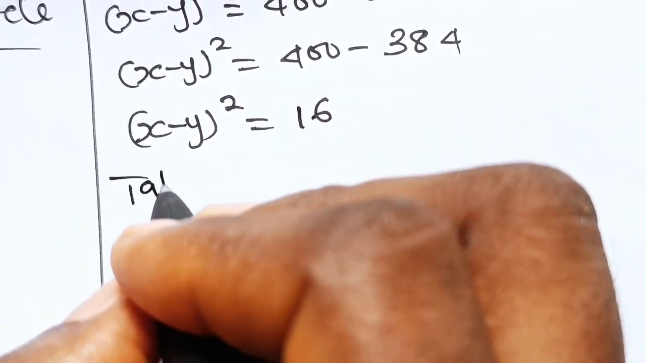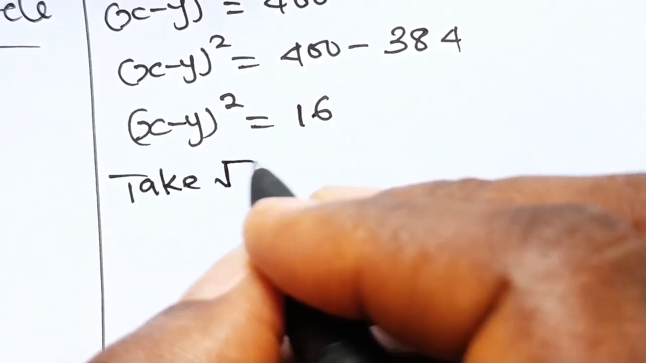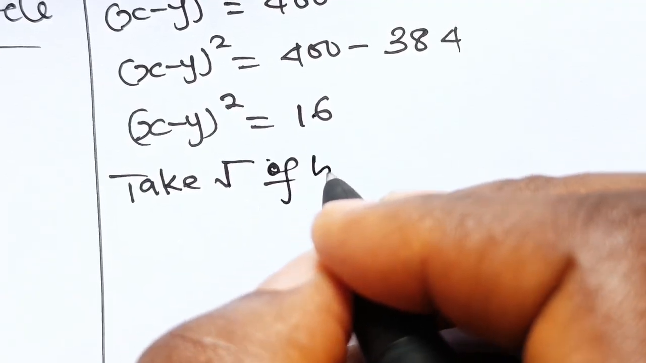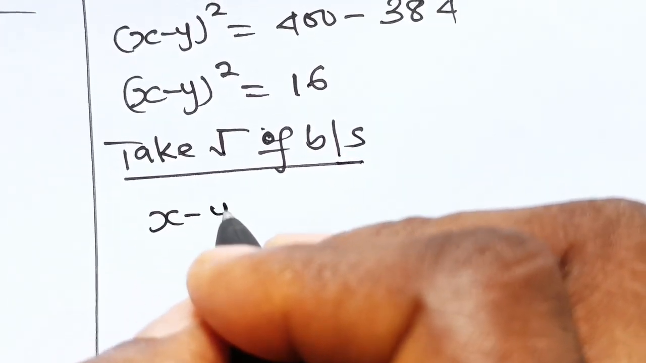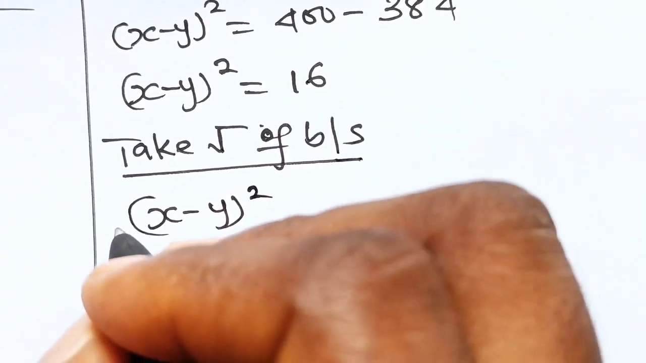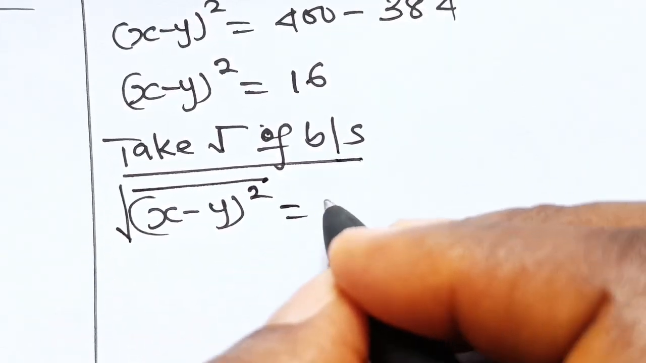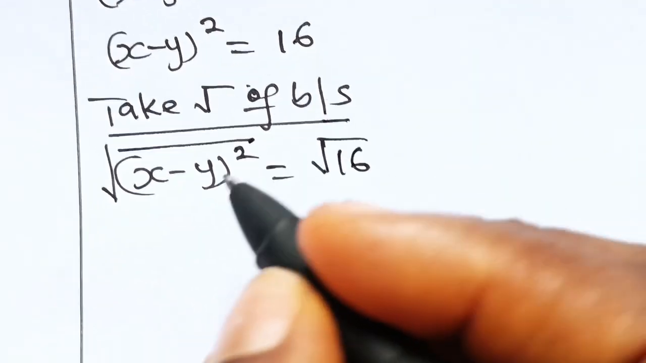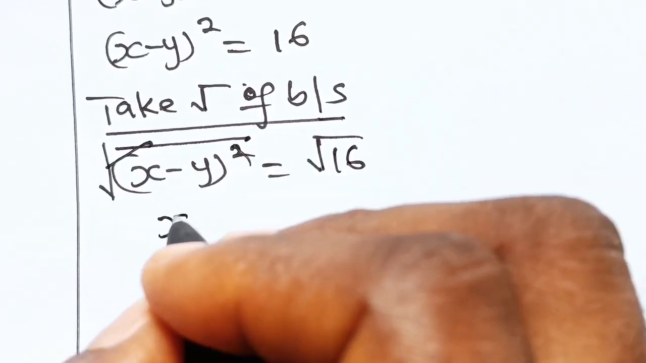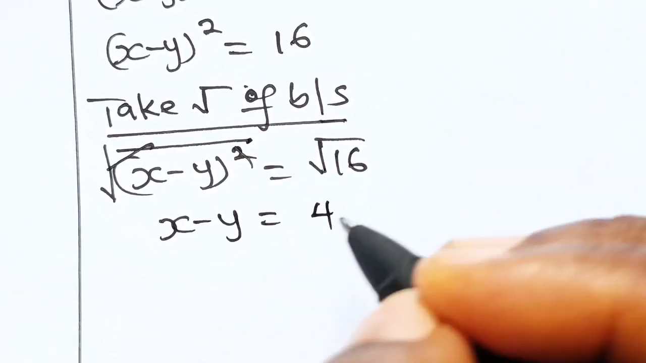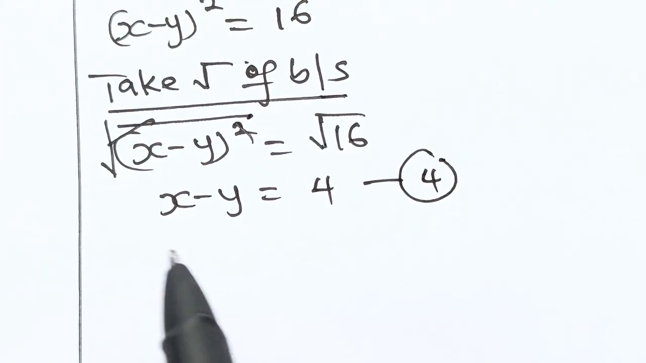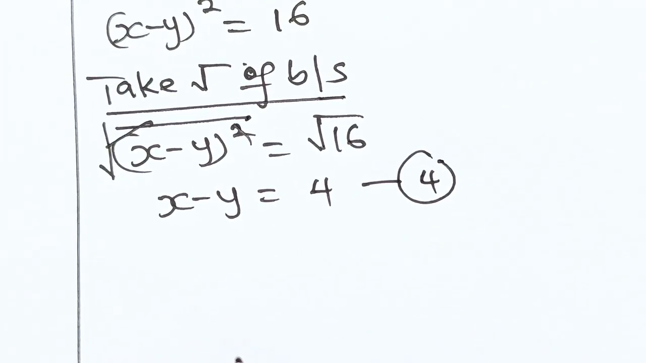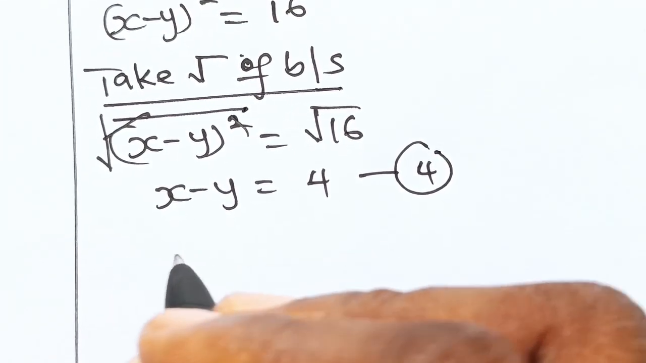So if we take the square root of both sides, we have x minus y all squared is equal to the square root of 16. So x minus y is equal to 4. And this is equation 4. Now we have two simultaneous equations to solve. So solving,